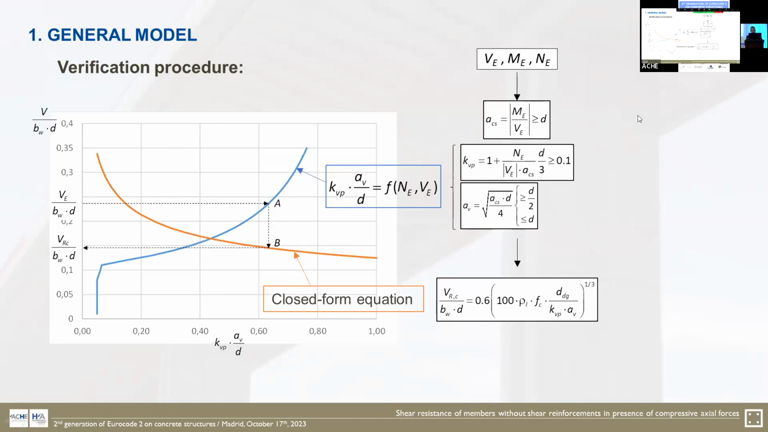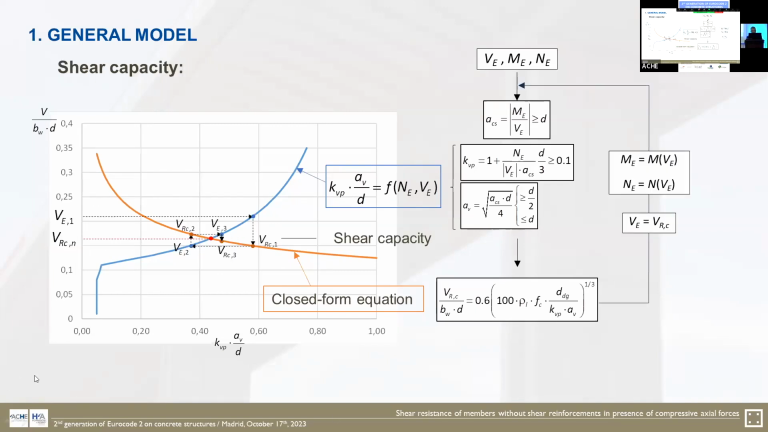However, it can be stated that if the shear resistance is less than the applied shear force, the section fails. On the contrary, if the shear resistance is greater than the applied forces, the section is safe without having to calculate the shear capacity. To calculate the shear capacity,